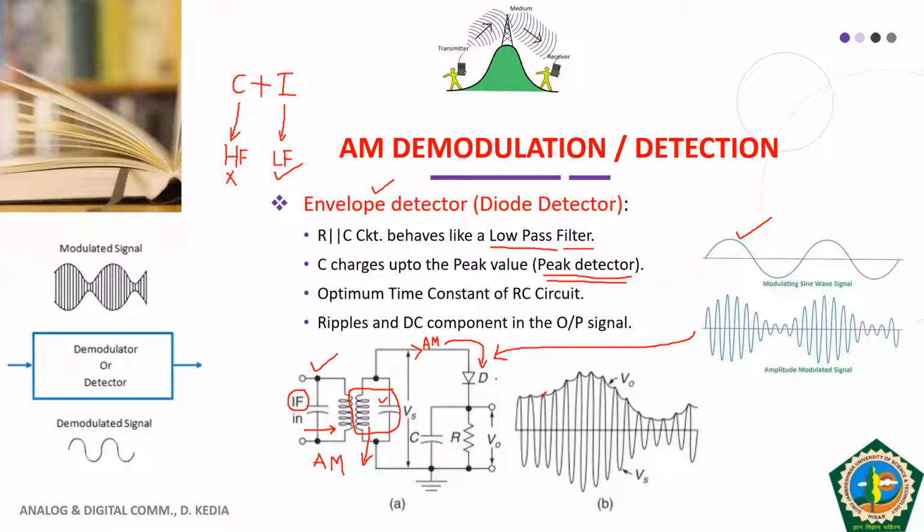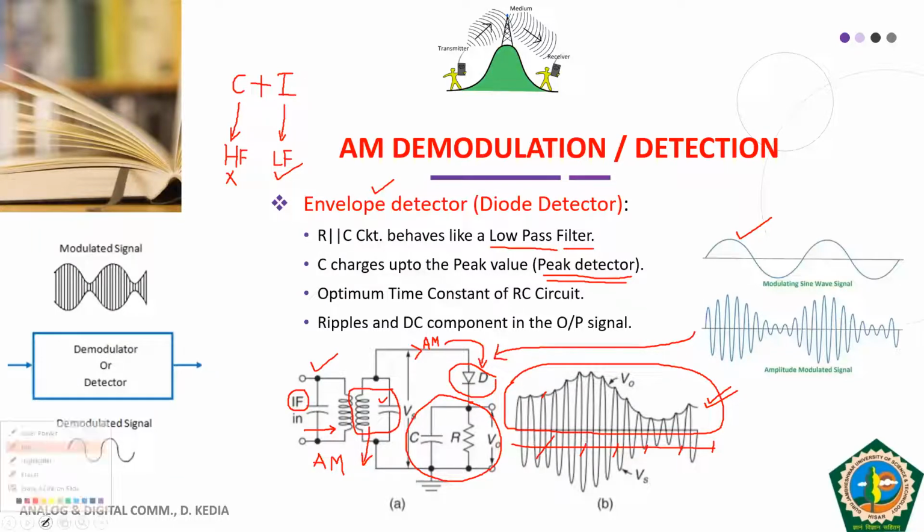As I told you, this diode acts as a rectifier. So now look at this particular figure here. The line has been shown only on the positive side of your envelope. That means your diode will allow only this portion of the input waveform to move to this RC filter, because the diode behaves like a rectifier. So this portion will be cut off, this portion will be cut off, the negative. Now let us focus on the positive portion only.